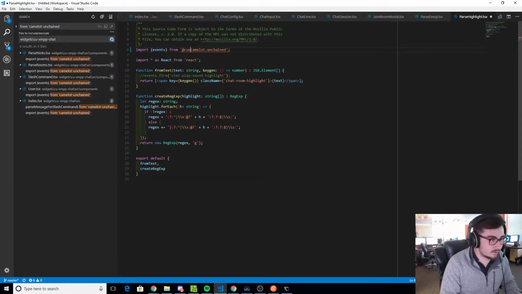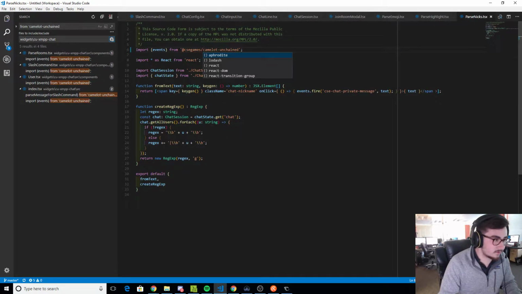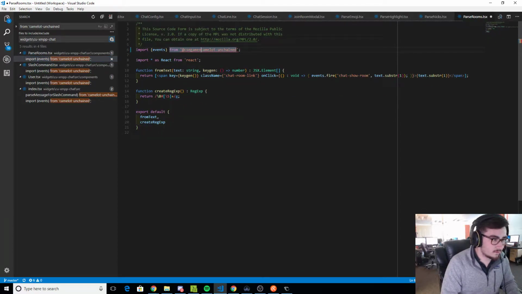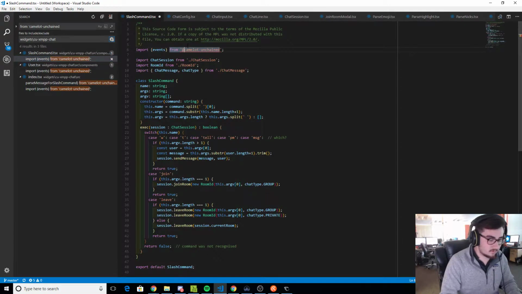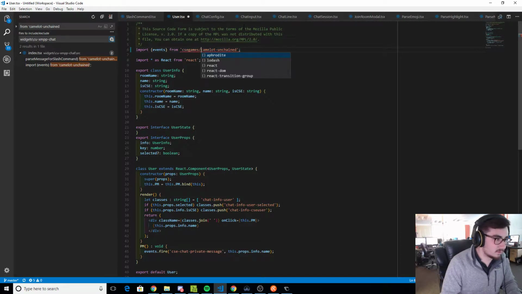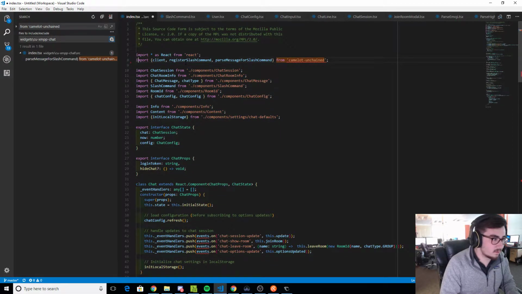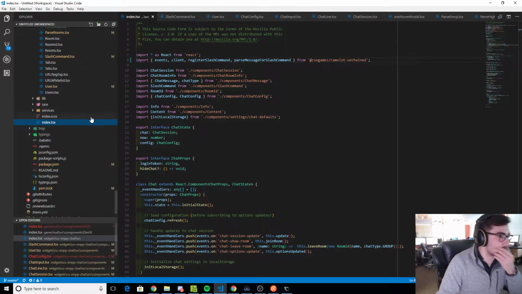Is there a way to change all these things? Does Visual Studio Code have a tool that lets you change a bunch of the same string at once? These guys can share the same imports. Okay, so I think